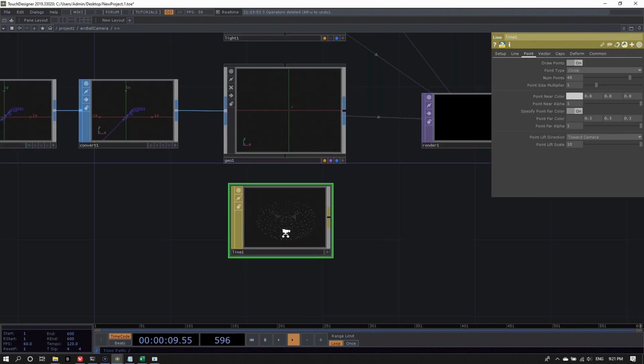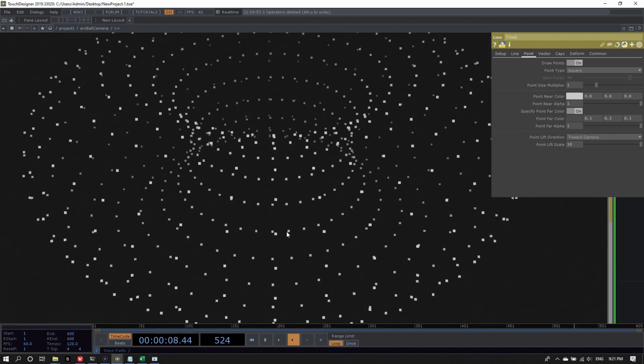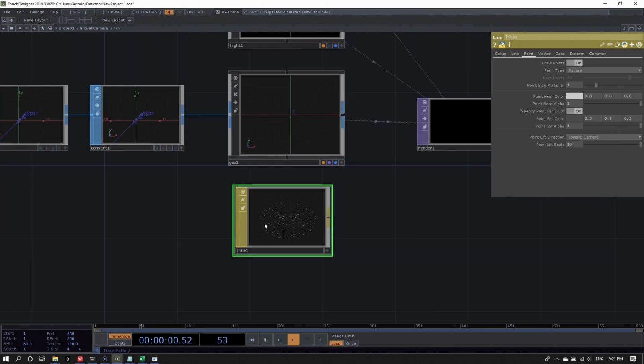By default, the line material is set up to draw circles as points, and the number of points per circle is 40. Now, if you have a lot of instances that you're creating, this can get quite heavy. So I would encourage you to change this to square. So we're just drawing squares, 4 points, easy.